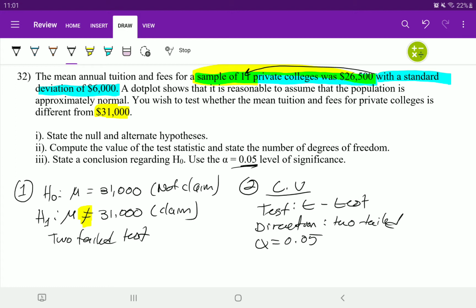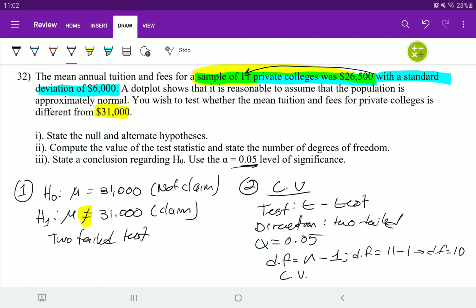Which means to find the critical value, because this is a t-test, you must also find the degrees of freedom. And the degrees of freedom is your sample size minus 1. We have a sample of 11 colleges. So my degrees of freedom is going to be 11 minus 1. And 11 minus 1 is going to be 10. So now to find the critical values, and it's going to be two critical values because this is a two-tailed test,